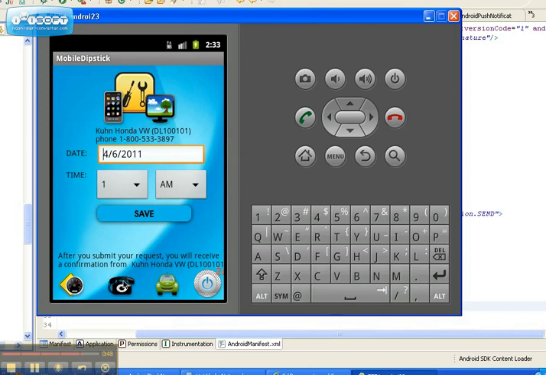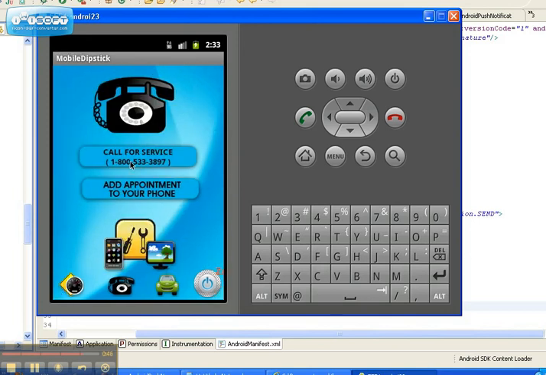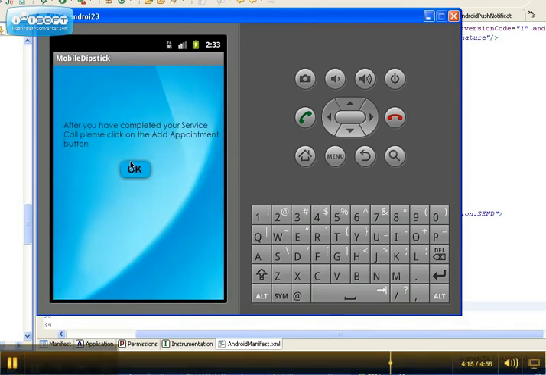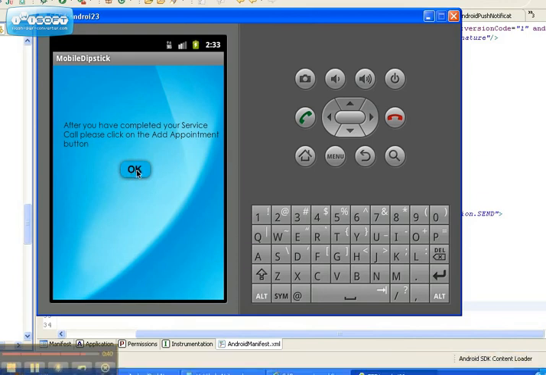Next, if you want to make a direct call, then a call can also be booked. This pop-up message reminds the users that they can book their appointment via a call appointment, so they can come later on and the dealer can keep track of their booked appointment, whether they have called for the service or whether they have filled up the form.